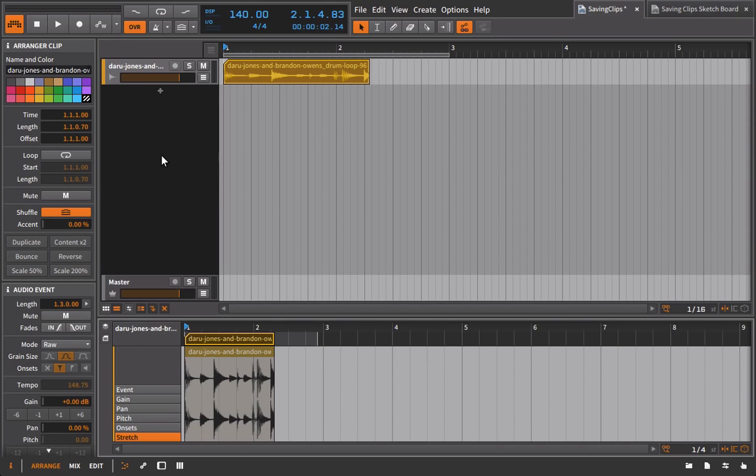So what I always do, and I still do this now, is when I'm working on a project of any kind, I always have two projects open. So I make the project, I then do a save as, and I create another one in the same folder. You can see here I have saving clips, and then I have saving clips sketchboard. And what I use the sketchboard for is what I would call focused part creation. So imagine here that we had 10 or 15 different tracks. We had an arrangement. Our CPU is starting to spike,